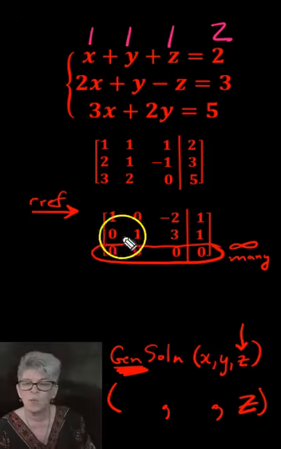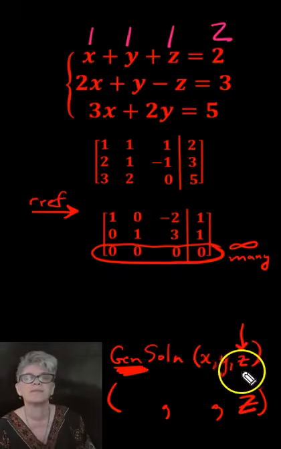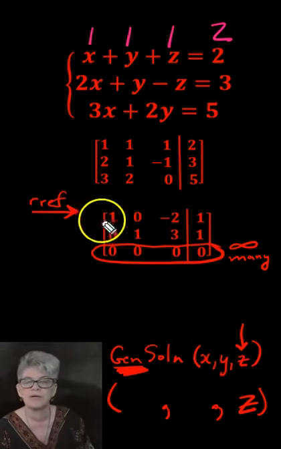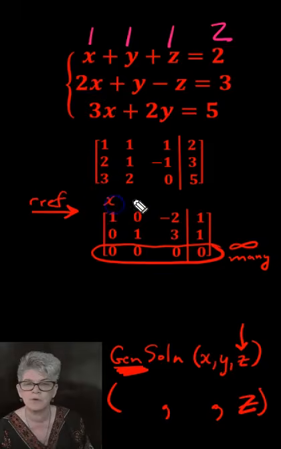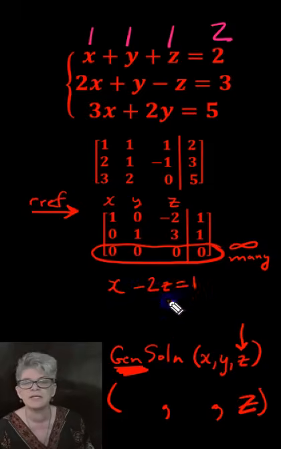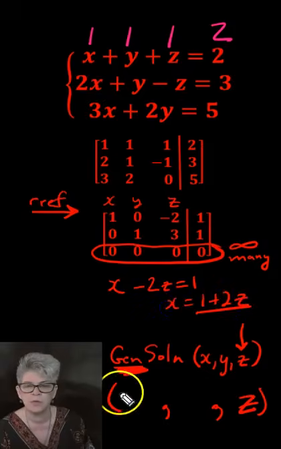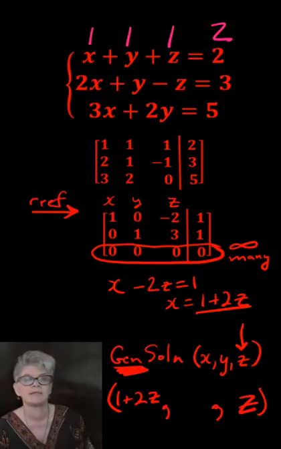Okay. So where am I going to get the x and y terms? Well, look at the first row of your RREF matrix. The equation you get from that is 1 times x plus 0 times y minus 2z equals 1. Add 2z to both sides, and I have my new way of writing x without the letter x, the letter